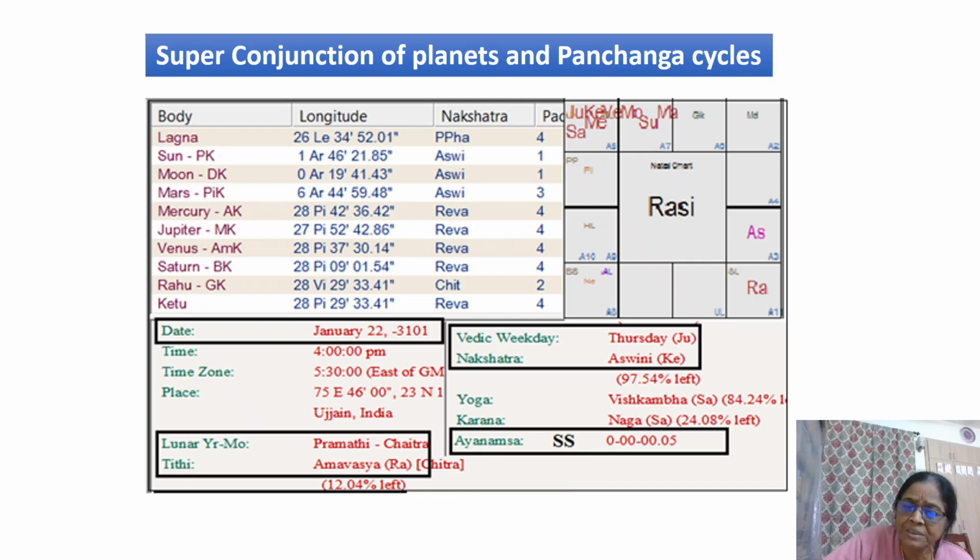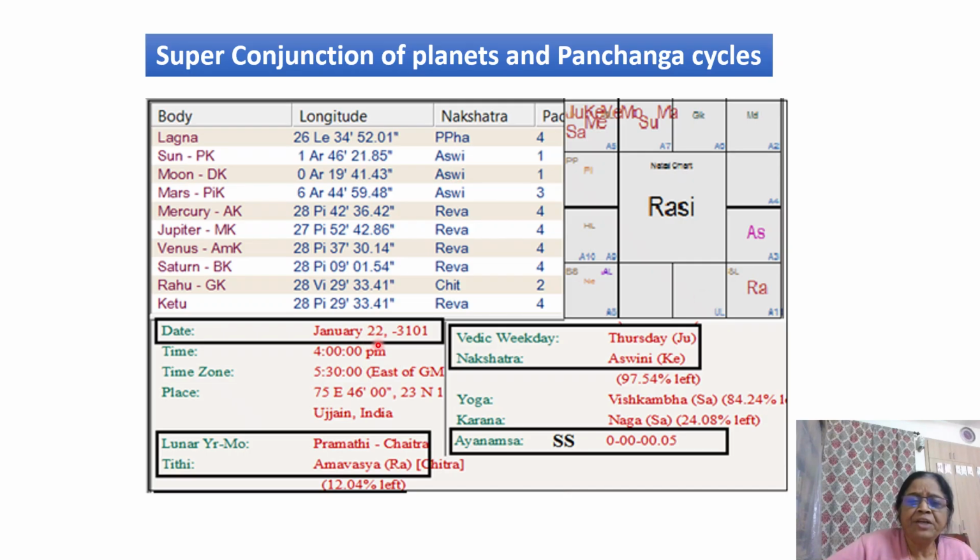Since this uses the Panchanga details also, we are able to create it. You can see everything here around the 0 degree Aries: Sun, Moon, Mars is only 6 degrees. Others are at the 29th degree, 28 point something. Mercury and Jupiter at the 28th degree, Venus at the 29th degree, and Saturn at the 29th degree of Pisces. Though it is put here in Pisces, they are all within 3 or 4 degrees. They have all congregated. And then Rahu is on the other side.